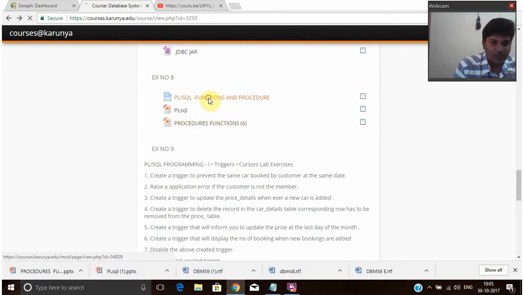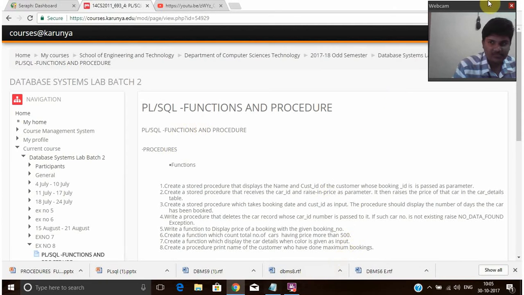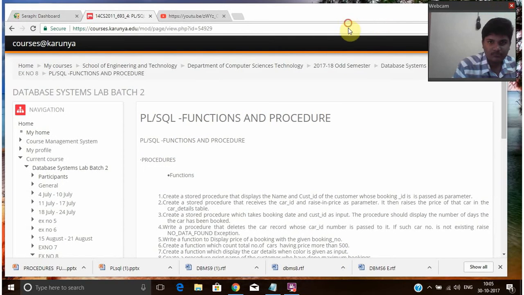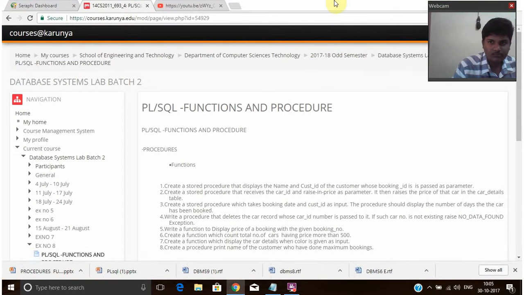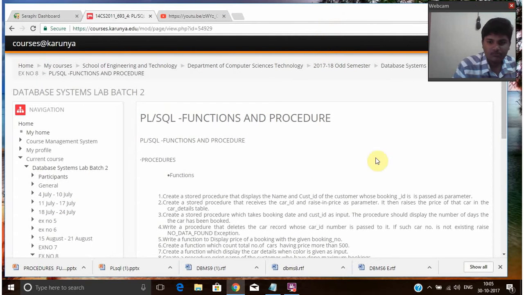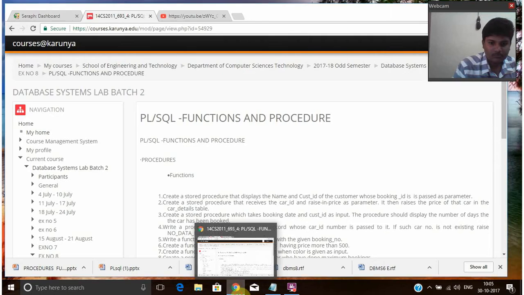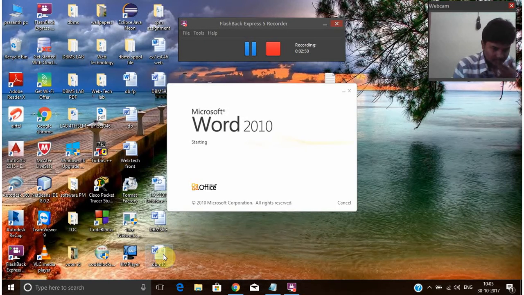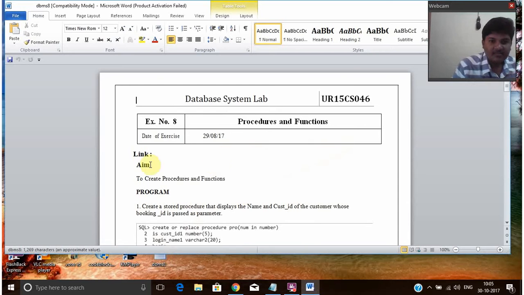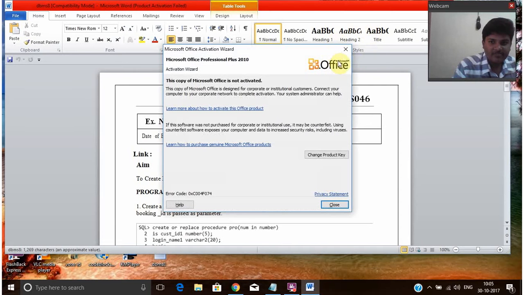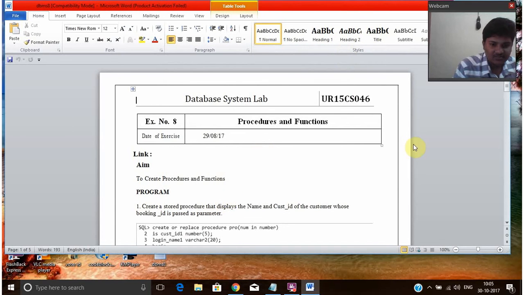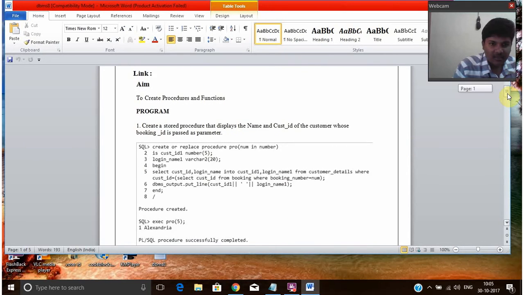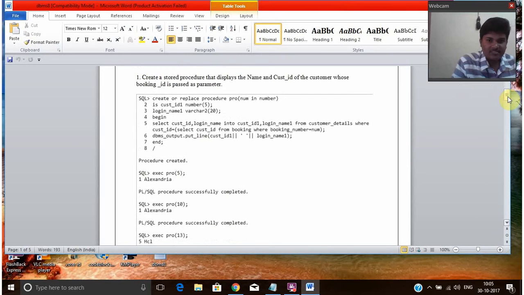Now let's see the questions. This is the question. Our aim is to create procedures and functions. First question is: create a stored procedure which displays the name and customer ID for the customer whose booking ID